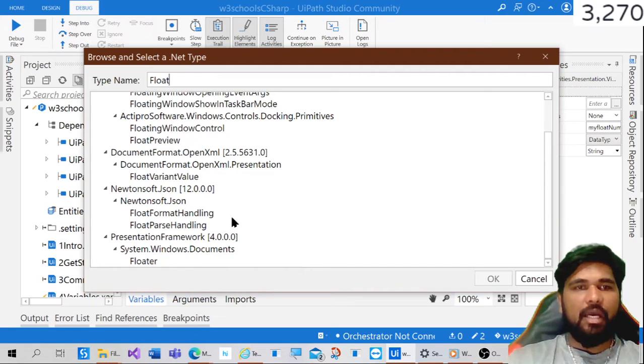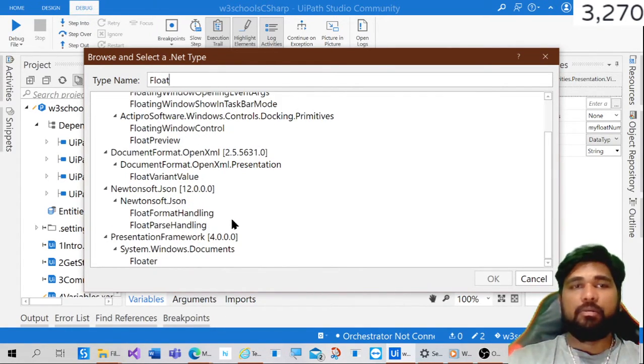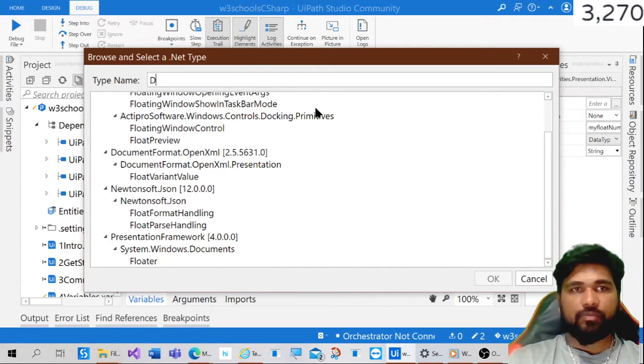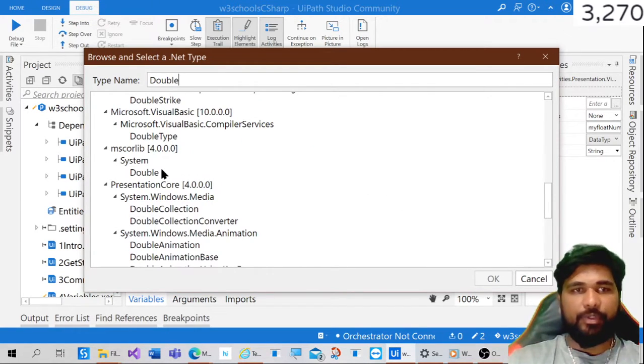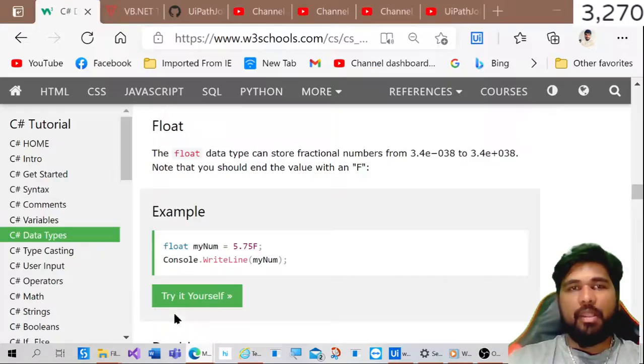Let's see if we have any variable type with float. So only variable type of float is also not available. So let's go and save with double. And if I want to handle something with double, we can definitely do it, because we can store, if you